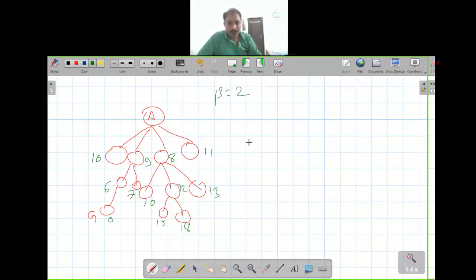Means you can take two successors only, starting from A. This is just considered a queue, the open queue, and we start from the initial node. When we remove A, we will enter two best successors. Here, as you can see, 8, 9, 10, 11.